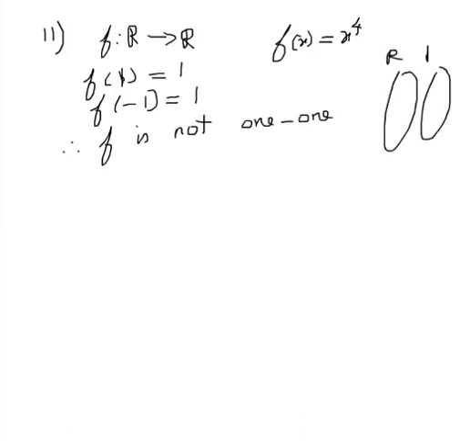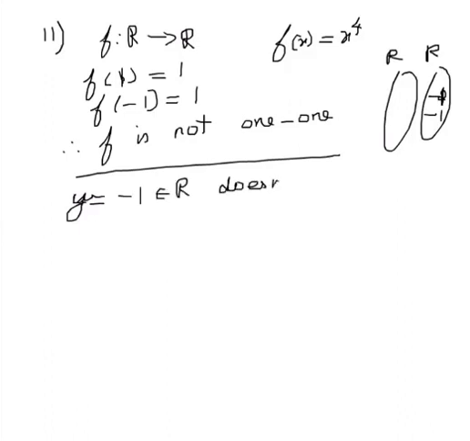Now this is R to R. For example, let us take minus 1. So 4th root of minus 1 is the pre-image. So we cannot calculate. We will give that counter example. Y is equal to minus 1 belonging to R doesn't have a pre-image